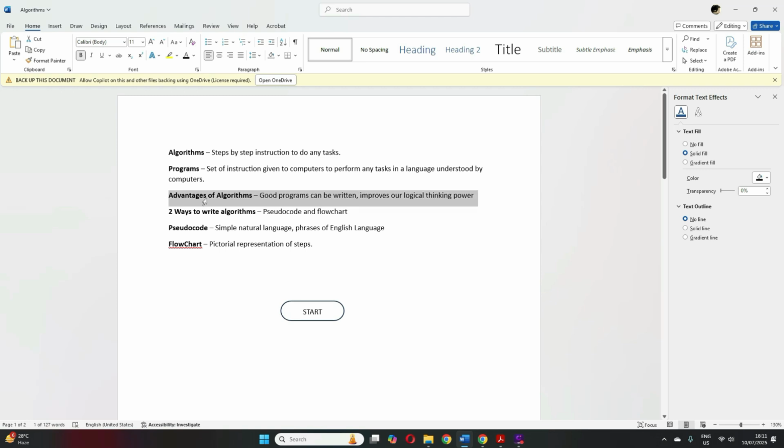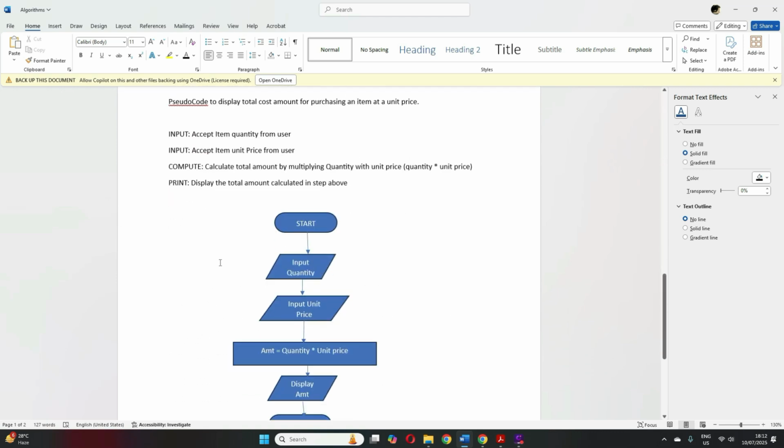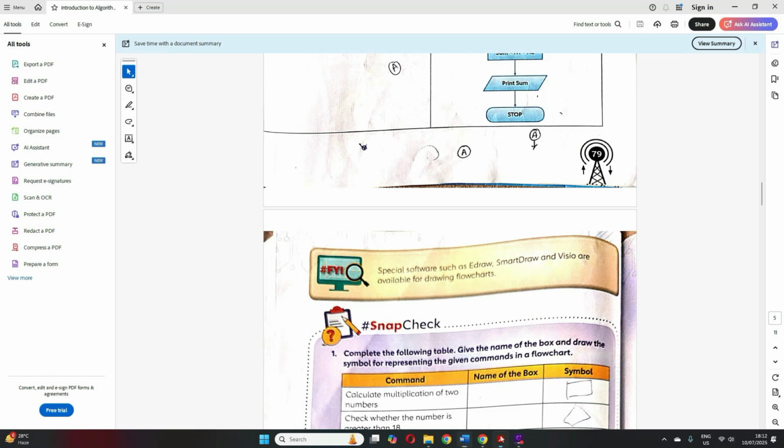Then we saw the different advantages of algorithm, which were: we can write very efficient and effective programs using algorithm, and it improves our logical thinking, right? Then what were the two ways to write an algorithm? One was pseudocode, another was flowchart. Using pseudocode, we use simple natural language phrases of English, and flowchart is a pictorial representation. Clear? I hope no doubt till here.